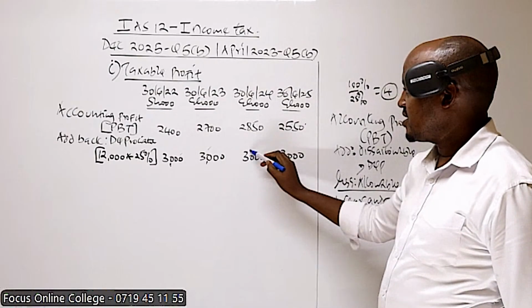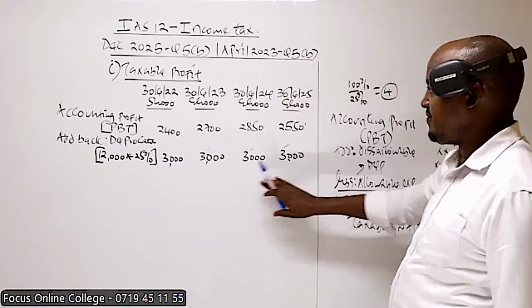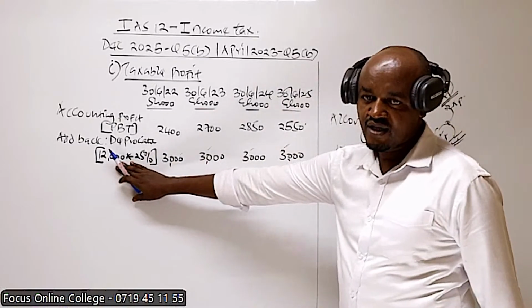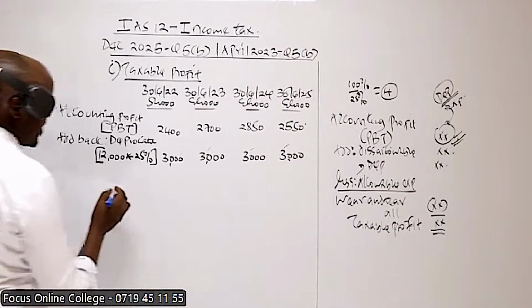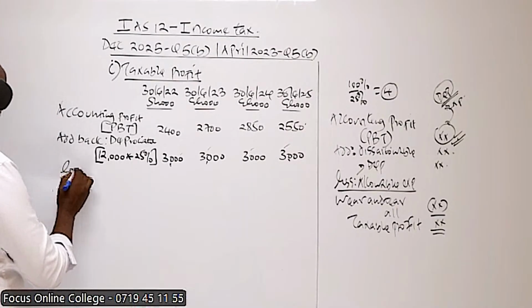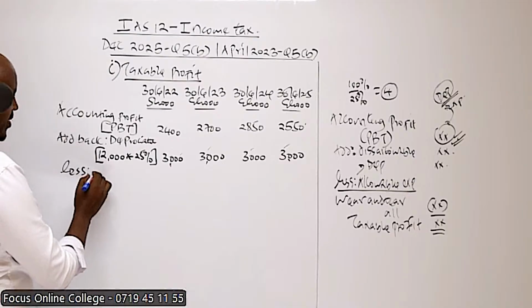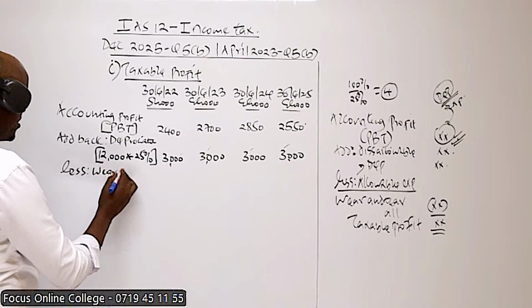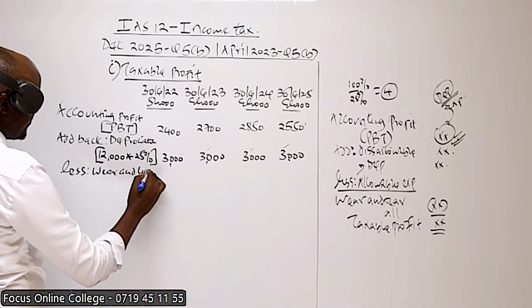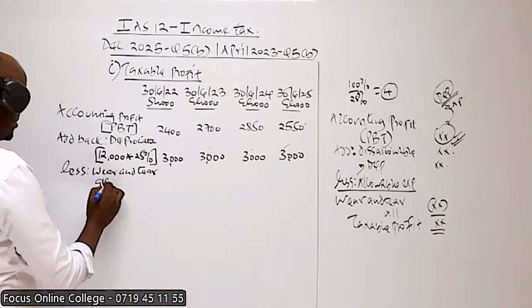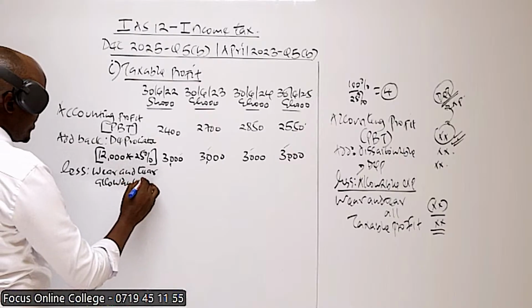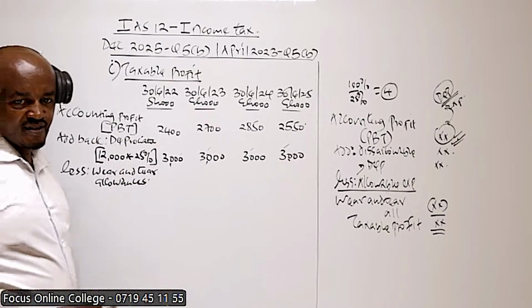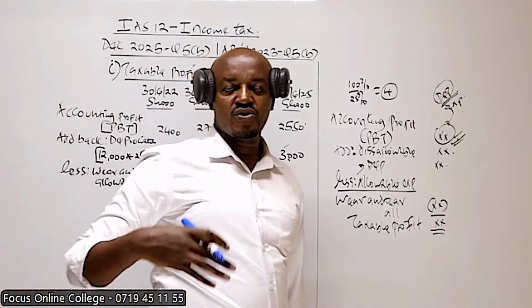And that's why, for example, if you add this, it will give you 12,000. So then, after adding back the depreciation, we proceed and we less the wear and tear allowances. Now, this particular wear and tear allowances, for example, maybe those who are doing PFT, we also refer to them